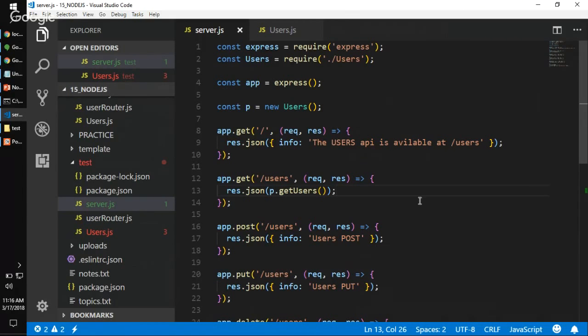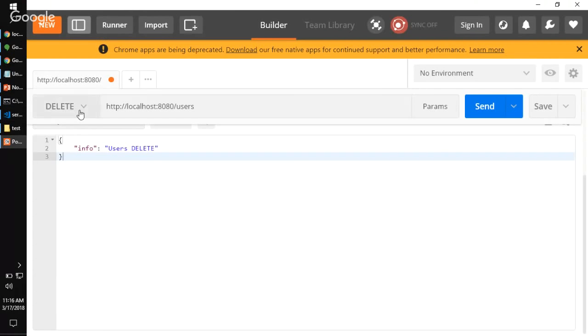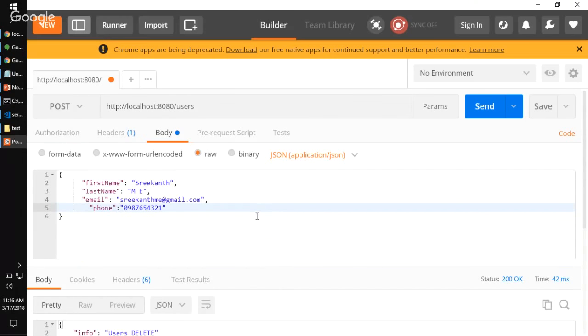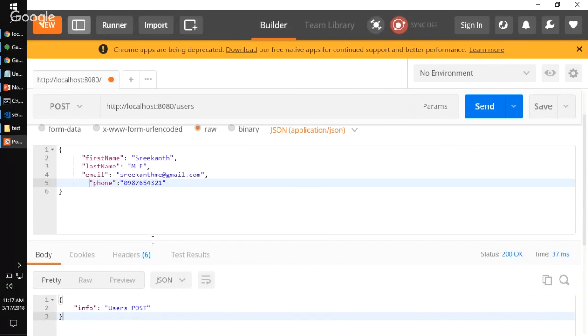So let's go here and let's try to post. Okay, so we go to post and users is correct, and below, here where we have the body, I have chosen raw and I have chosen JSON as the content type. So here let me send these details. Okay, so I will click on send, but obviously as of now there's no code, so it just says users